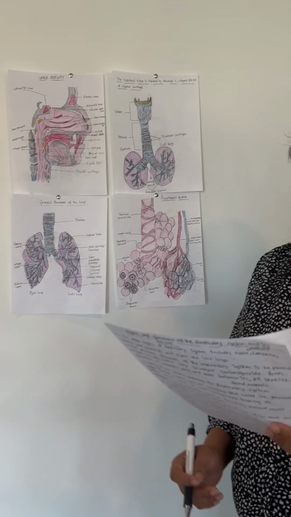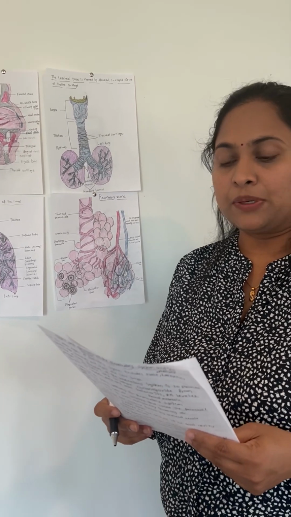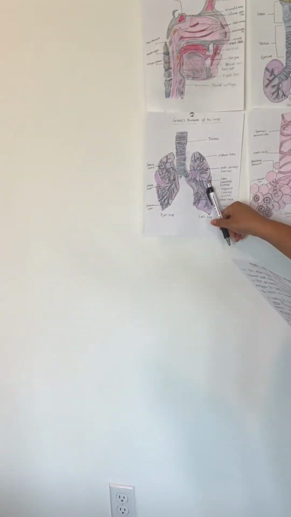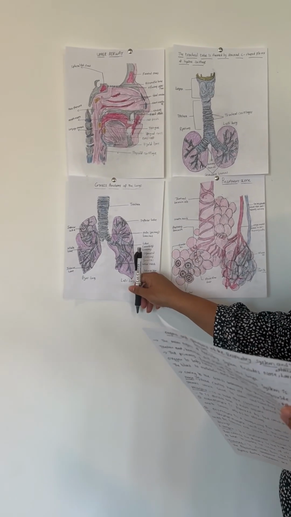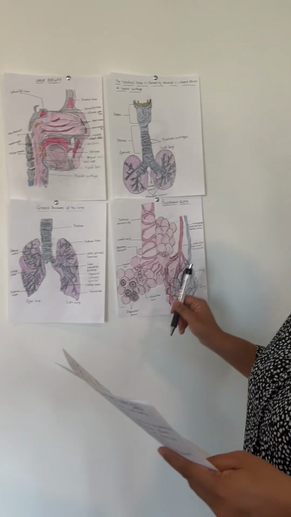A bronchopulmonary segment is a division of the lobe, and each lobe has multiple bronchopulmonary segments. Subdivisions of the pulmonary lobe are formed by bronchi branches. These branches are divided into bronchioles. And then parasympathetic and sympathetic